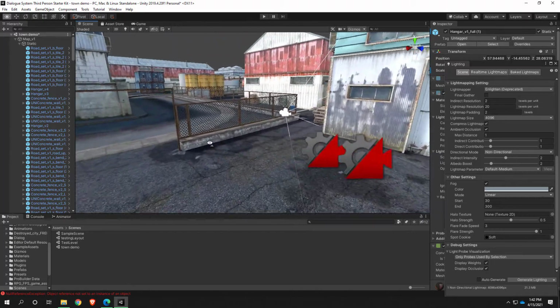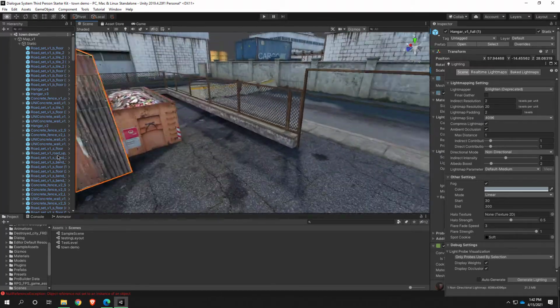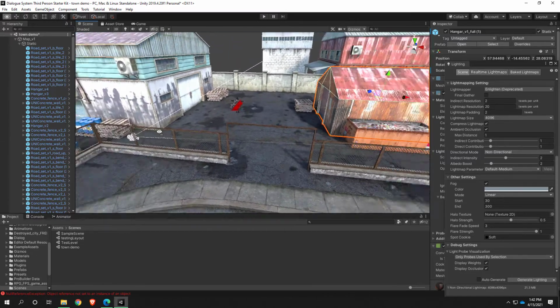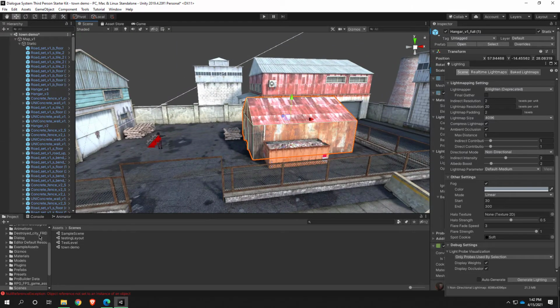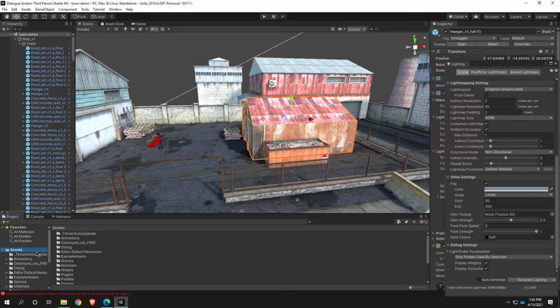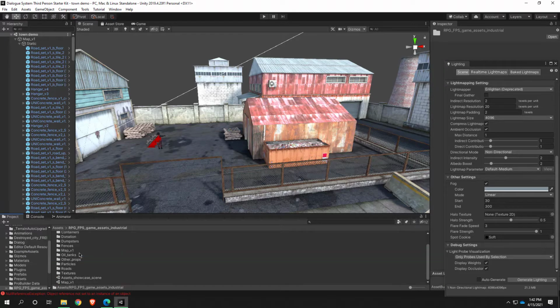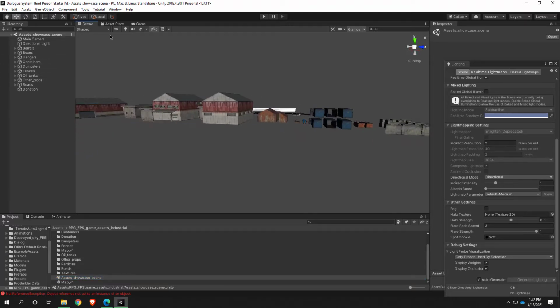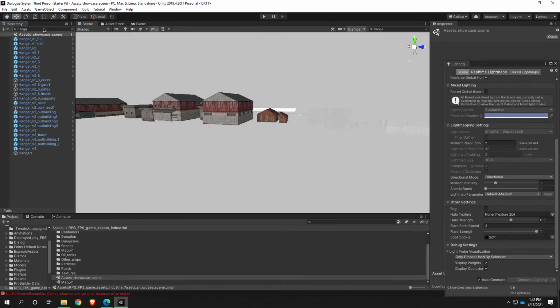Next thing is just figuring out what I want to do with this scene. I found a version of one of these hangars that has an interior. So I saved my town demo map. I might just quickly flip back over to that one. So in the showcase, you can see one of these things. I think it was called Hangar 6 or Hangar 7, both of them, I think. Hangar V7,